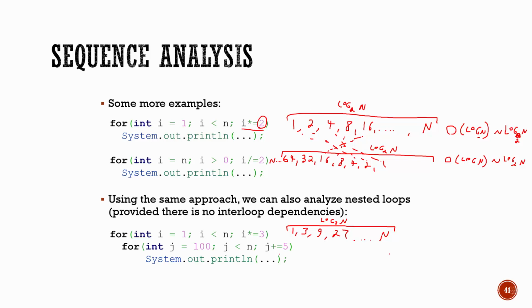Let's take a look at the inner loop. So j equals 100 is okay. I have a different starting point. I'm going to start at 100 and move up by 5 each time. So 105, 110, 115, up until n. Let me think about how many values there are. It's n moving by 5 each time, so 1/5 n, and then it starts at 100, so minus 100.